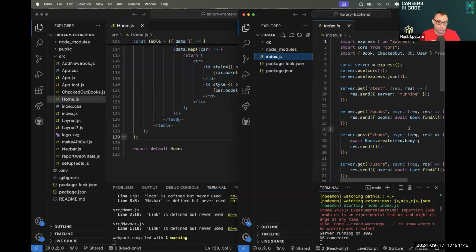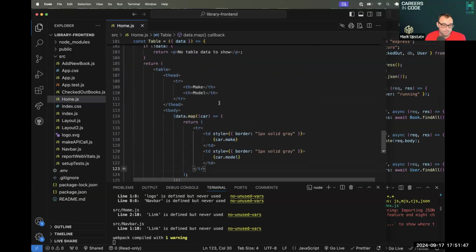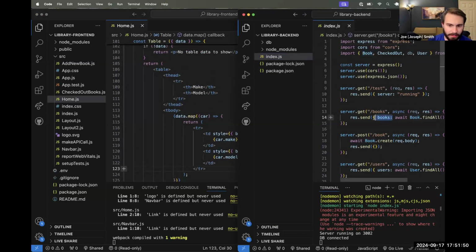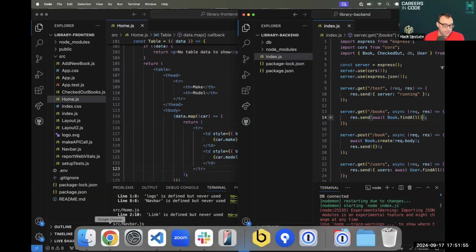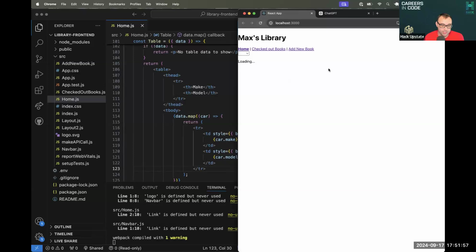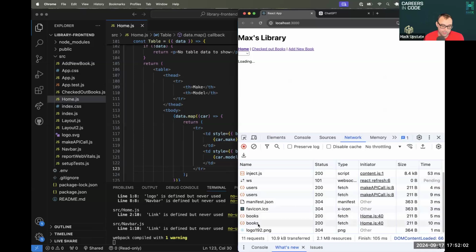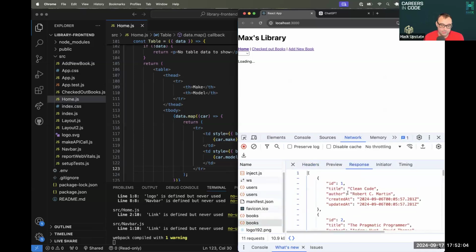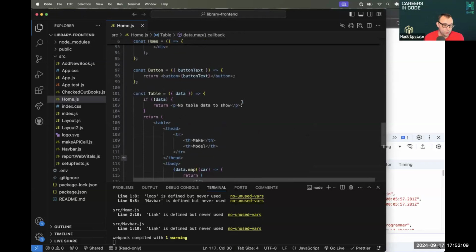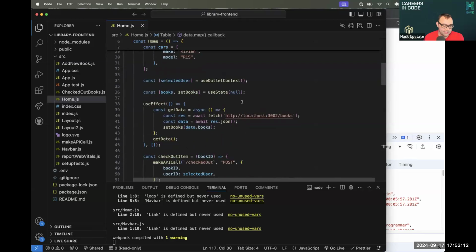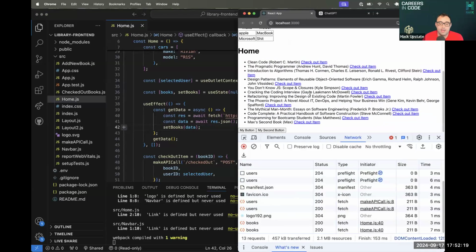But if you wanted to, you could, on the server, just do await Book.findAll. Yep. So if we look, that's now going to crash this or give us an infinite loading. But if we look in the books request at the response, you see that it's just an array now. So what we can do instead in Home is take out the .books, and instead we're working with just the data,